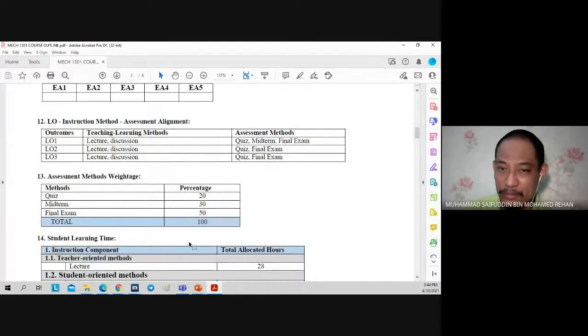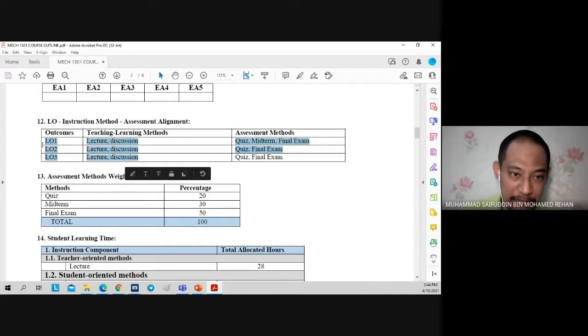We'll cover a little bit in the later slide on the mark distribution, but of course you will have quiz, midterm, and final. Now, if you look at here, you have three learning outcomes earlier, right? On the left here, 1, 2, 3. So if you look at the left, on the right here,